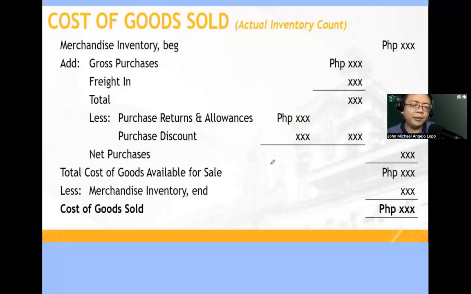After that one, baba tayo, we will compute for the cost of goods sold, which is the beginning inventory plus purchases minus any other costs like discount and loss. So you have your net purchases. You add inventory, so you have your goods available for sale, less your ending inventory, and the last is all about cost of goods sold.